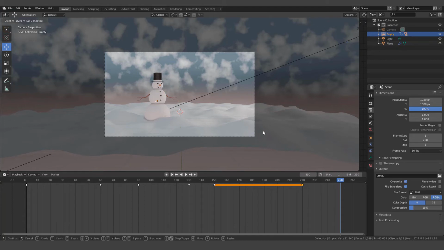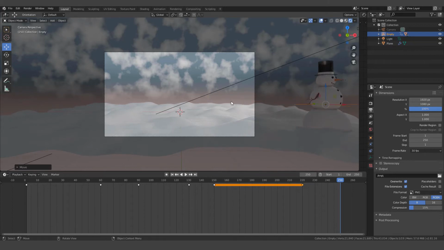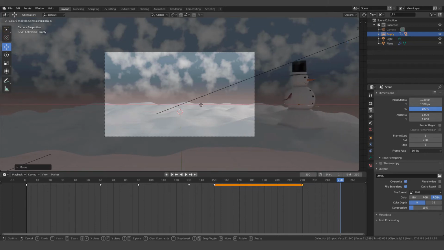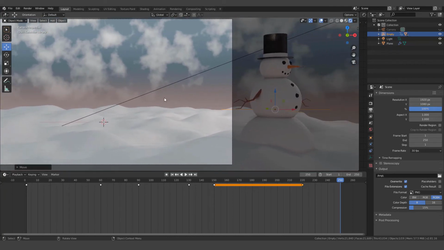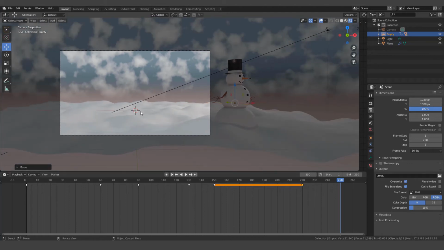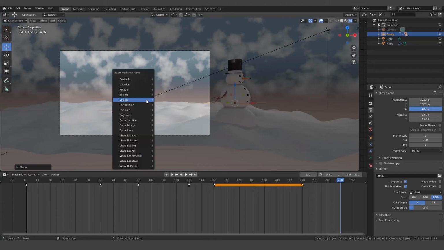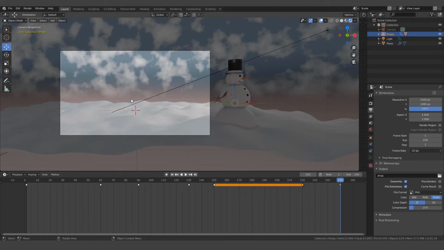So we can go GX, and then we can go GY, and then GX just to move him over. I just want him barely out of the screen. So if I come in here close, you can see his hand is almost still in the screen. Okay, cool. So let's leave a keyframe right there. I, location, and rotation. All right, so now if we go back to the video and play it, we see